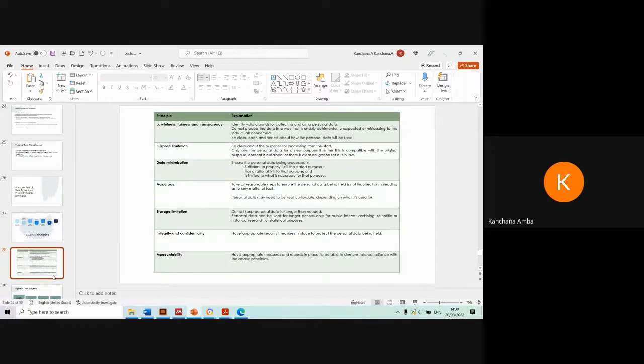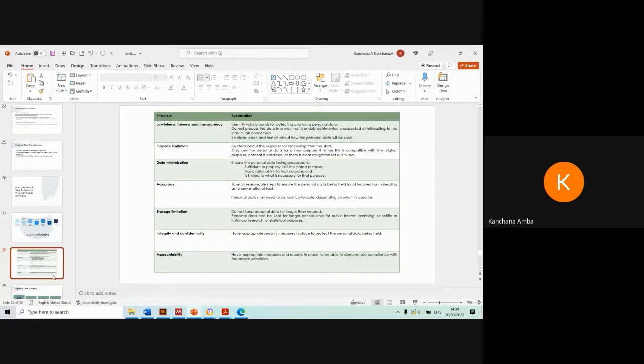Right now, banks will do things and then say, oh, it's in your mandate, you have signed it, right? You can't say that. The customer has to be aware that they are consenting to this, for their data to be processed, right? So, data minimization: ensure the personal data being processed is sufficient